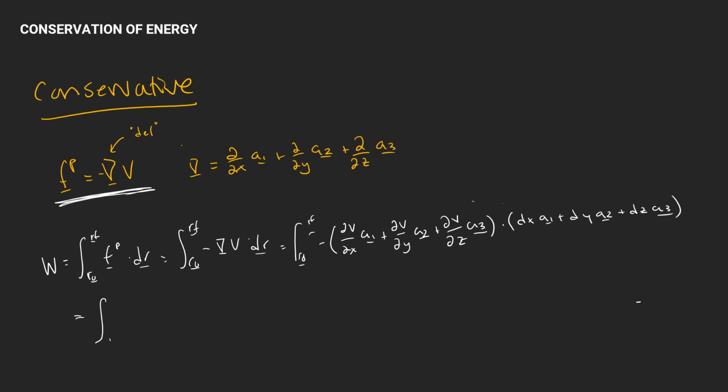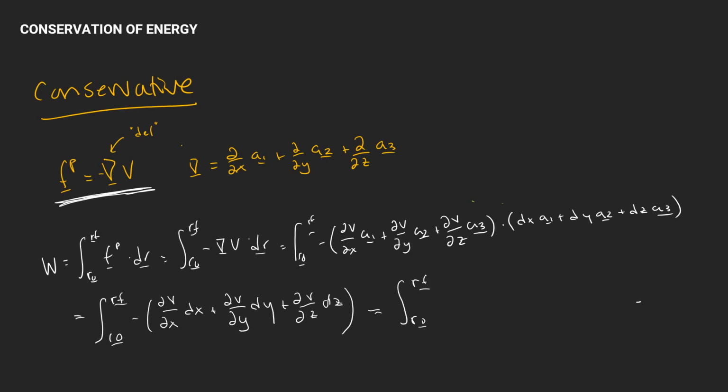And then this ultimately simplifies down into the following. We end up getting a negative sign again in front, dV/dx of dx plus dV/dy of dy plus dV/dz of dz,